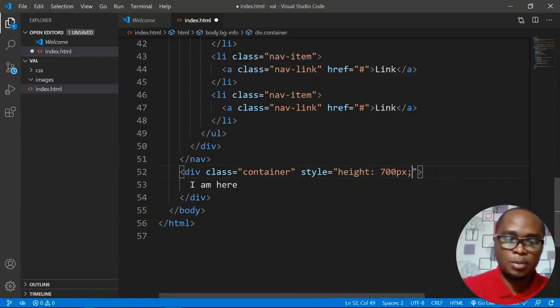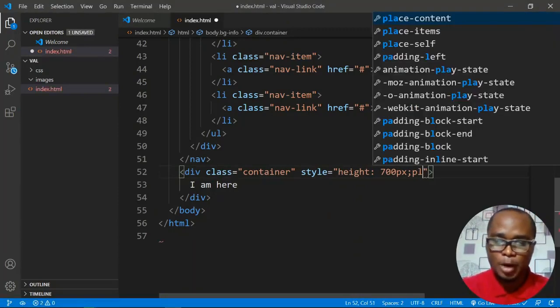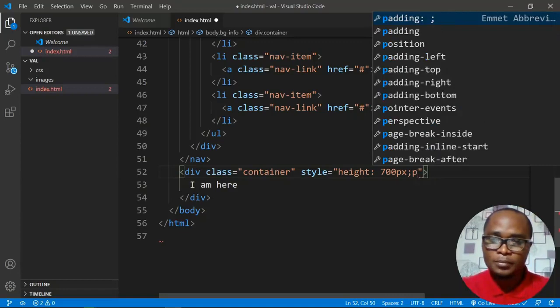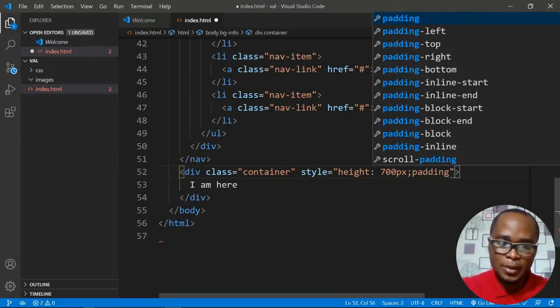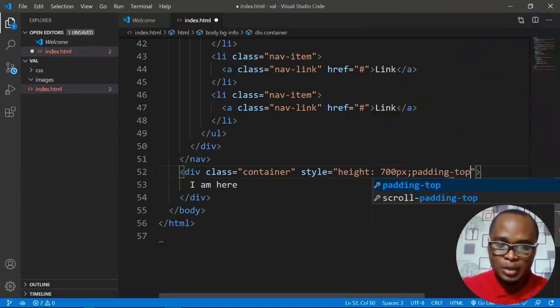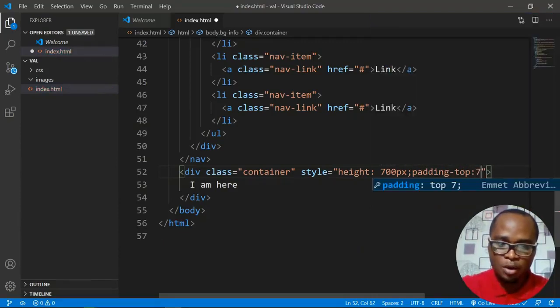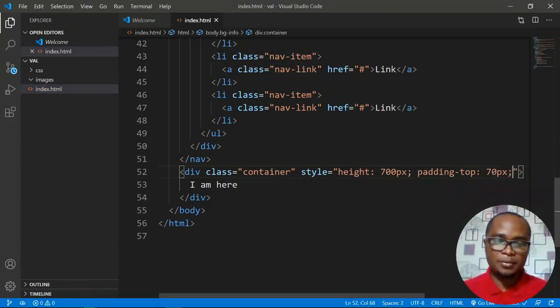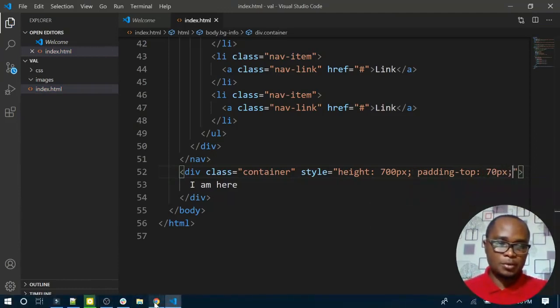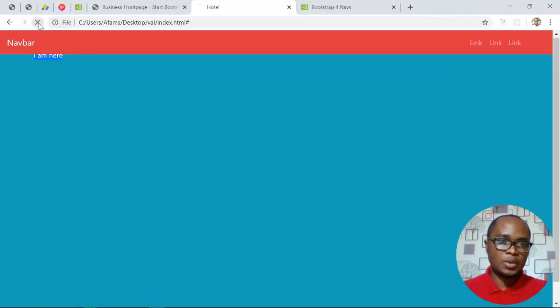I can now do something like padding, my normal CSS. So I can now apply it, and I want to pad it top. So I can say padding top, maybe I give it something like 75 or 70 pixels. I close and I save. So when I check it out, refresh my work and check what is happening, you can see that it's out